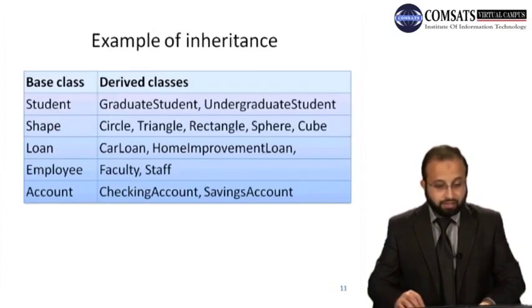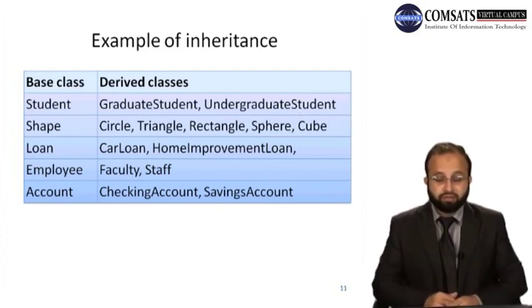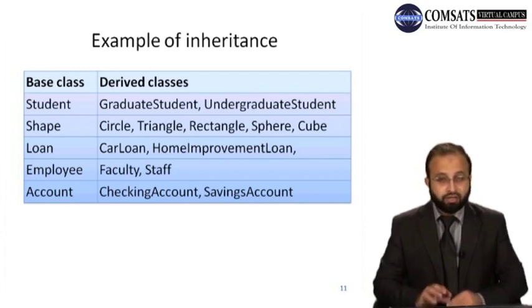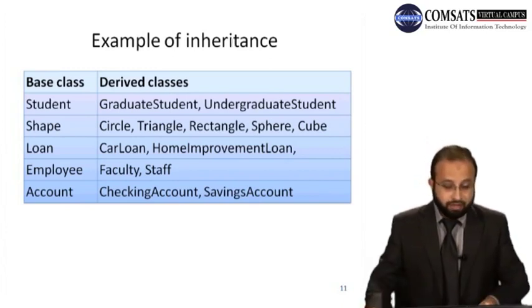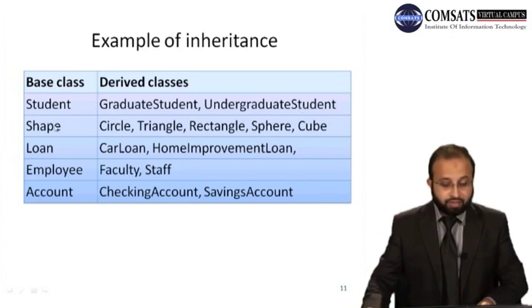Some example of inheritance is, for example, हमारे पास base class है student की. We can derive classes graduate student, undergraduate student. ये दो different classes हो सकती हैं, and then these two classes are basically derived from the student class. So graduate student या undergraduate student की class में हमारे पास इनसे specific चीज़ें जो हैं attributes वही आएंगे. जो general students के attributes हैं वो student class में आ जाएंगे, and then graduate student से related जो attributes हैं वो graduate student में आएंगे, और undergraduate student से related जो attributes हैं वो undergraduate में आएंगे. Then we have a base class shape,